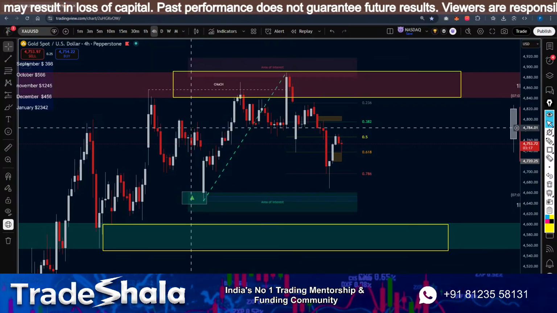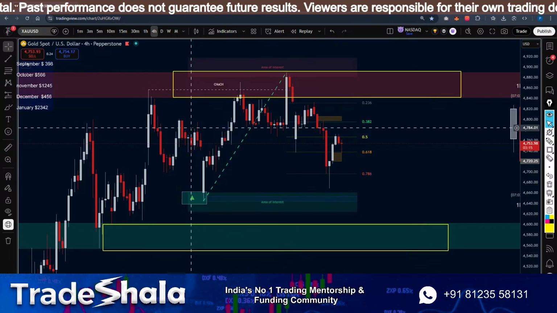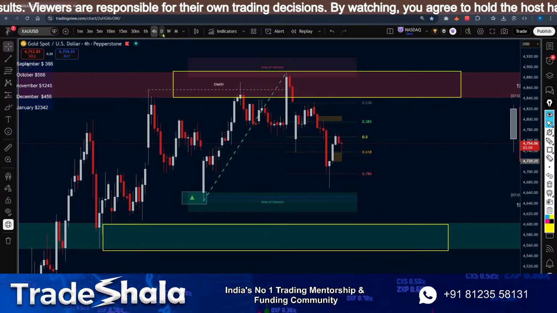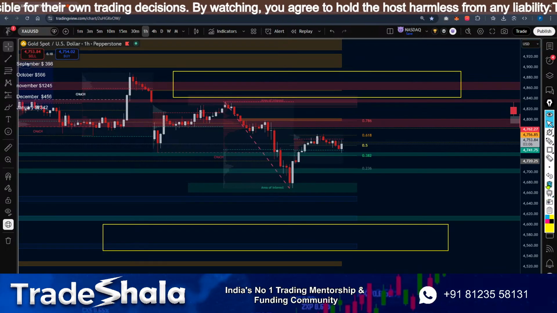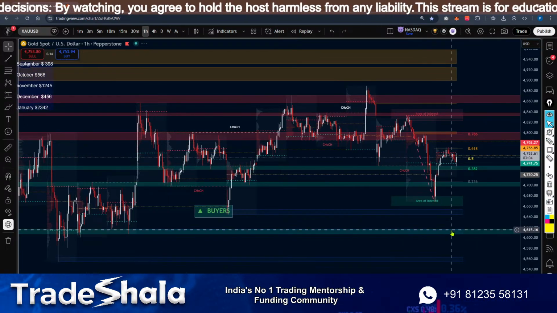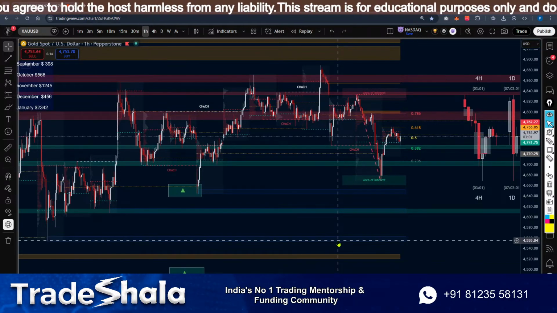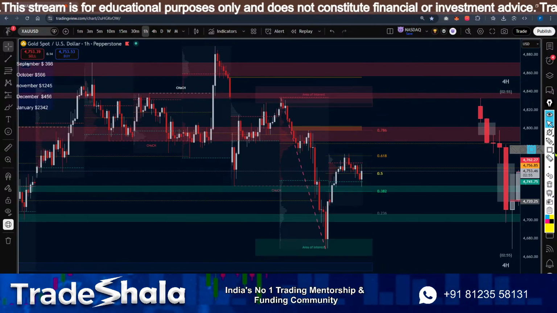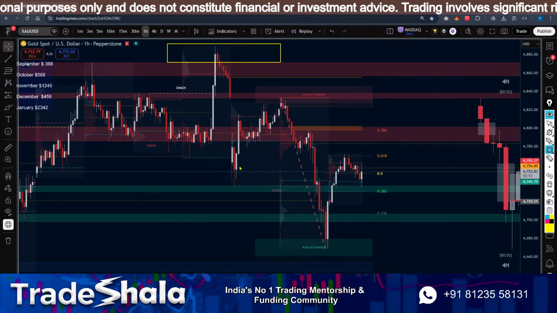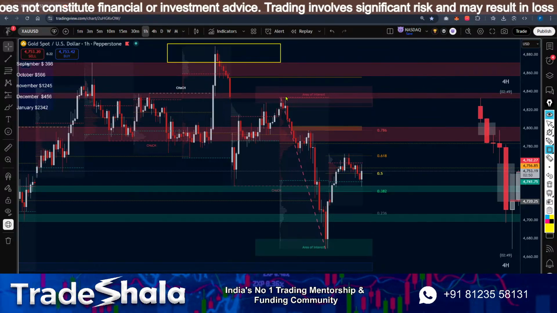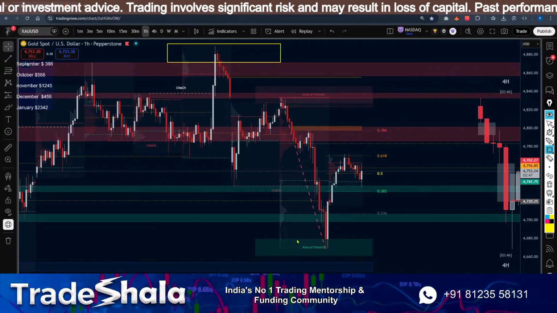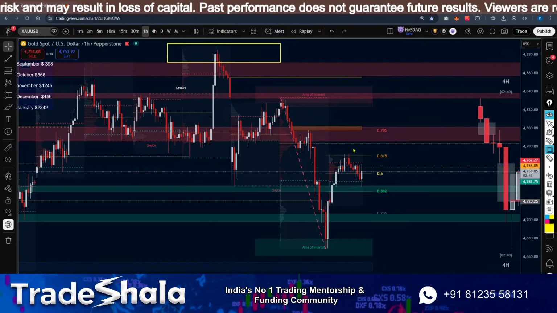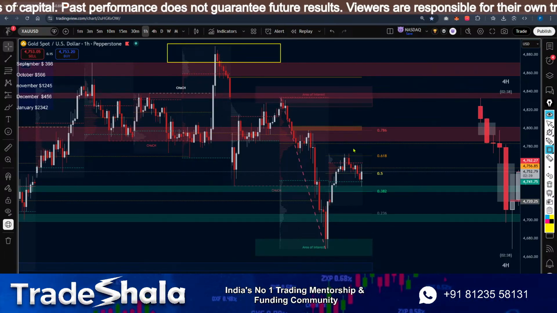Now after this, we have to see if there is anything else we need to take care of. Are there any other levels we can expect to do a scalp, buy, or sell? So I'm going to go to the 1 hour time frame and see if there's any other level matching our criteria. What happened on the 1 hour is this is the 4 hour resistance level. We hit that, we came low, again we accumulated, went to the high, and made a sharp sell move. After that we strongly retraced back again. These are the levels we have over here.